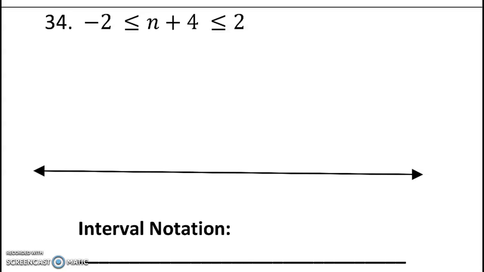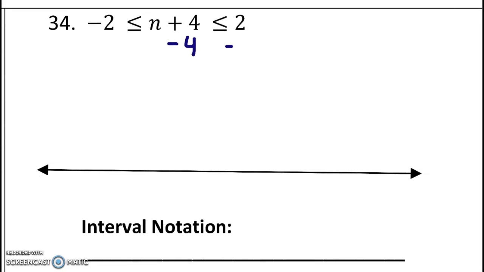What would you like me to do? Add -2 and 4. Trying to get n by itself. Subtract 4 from all sides. Love it. We've started to switch our vocabulary from both to all. When I do, -2 minus 4 gives me